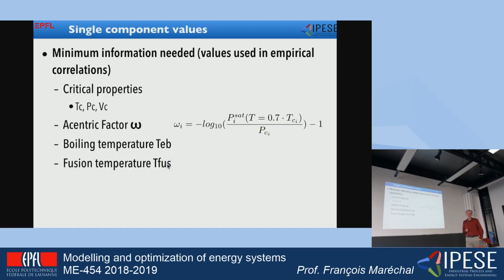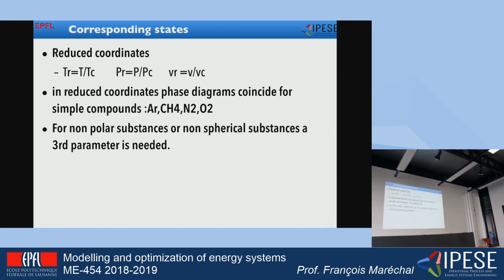And if I have those values, then I will be able to make extrapolations of all the other properties. How do I do it? And why did the people realize that it was really important? It's mainly because they realized that we can work with thermodynamics in reduced conditions. The reduced conditions are the conditions in which the pressure is not anymore the pressure, but the pressure divided by the critical pressure. The reduced temperature is the temperature divided by the